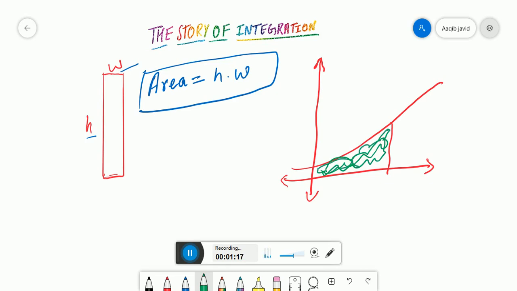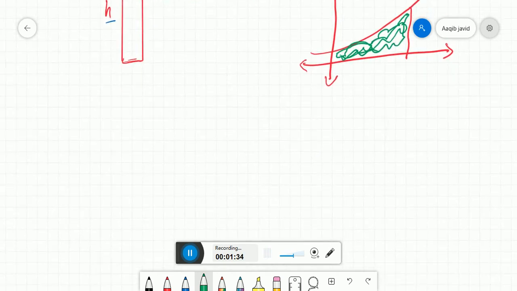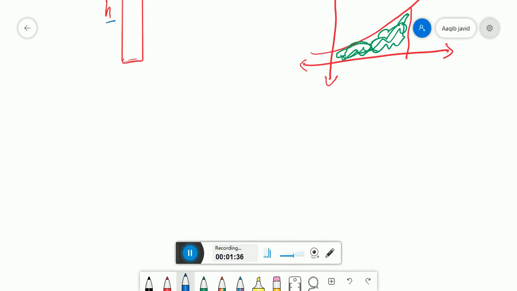So you can't just compare it to a rectangle or any human-made shape and just apply the height times width and get the area. So it was a big problem in ancient mathematics, but a guy named